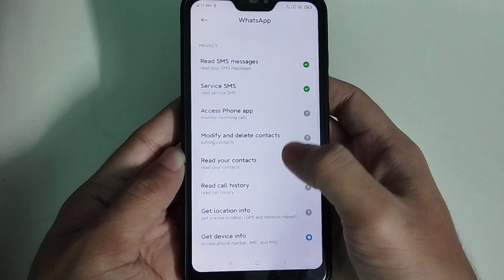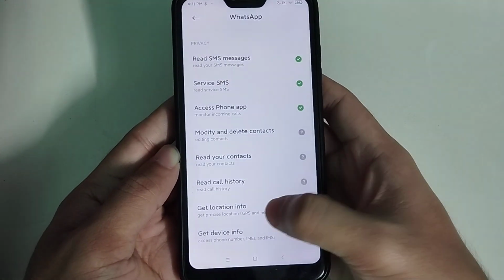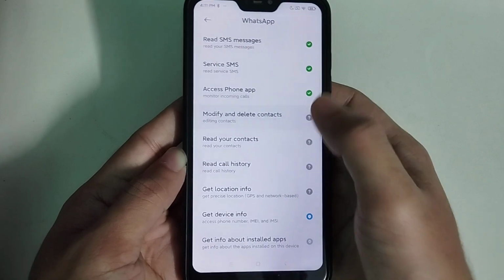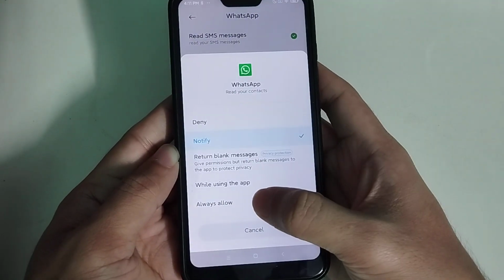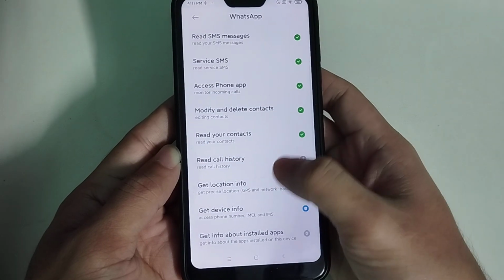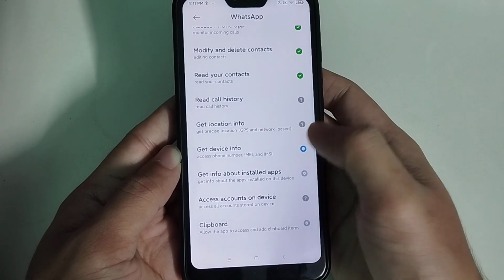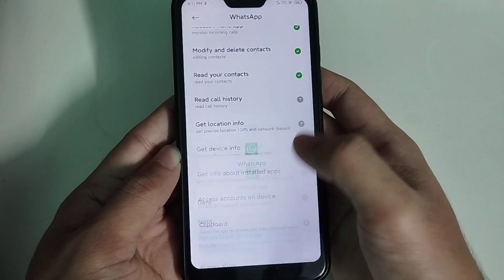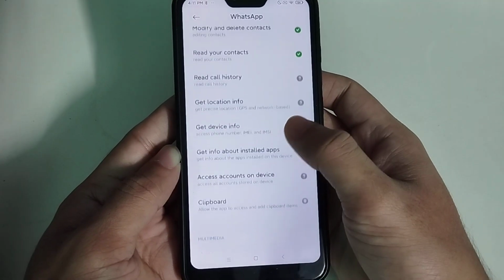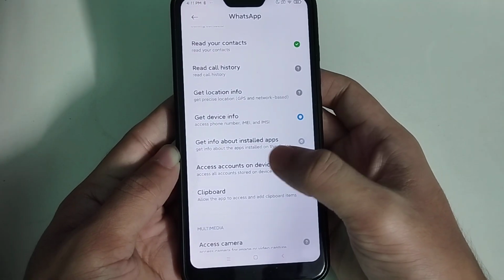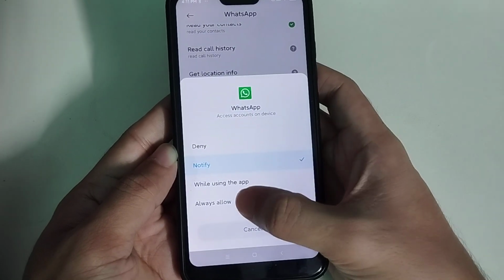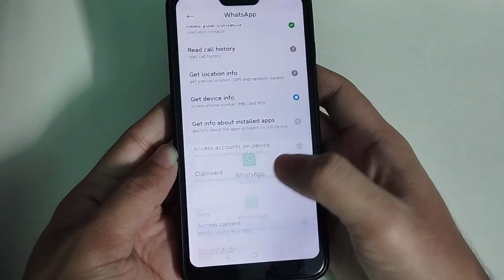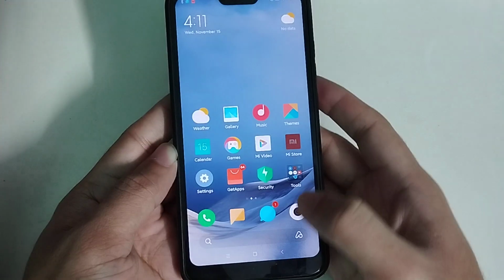allow, allow, allow, read your contact, allow, get device info, sorry, don't need this, access contact, allow, clipboard, allow. So after doing that,